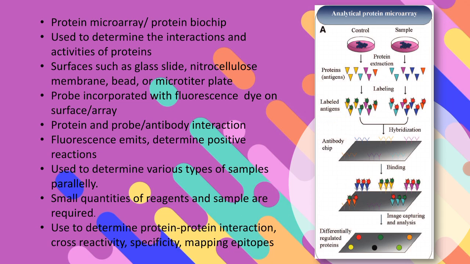Okay, so this is about the protein biochip. I hope you understood this lecture. In this lecture, we majorly saw two types of biochips. First is the DNA microarray, also called a gene chip, and the second is the protein microarray or the protein chip. Okay, these are the two types of biochip. The other two types we will take in the next lecture.